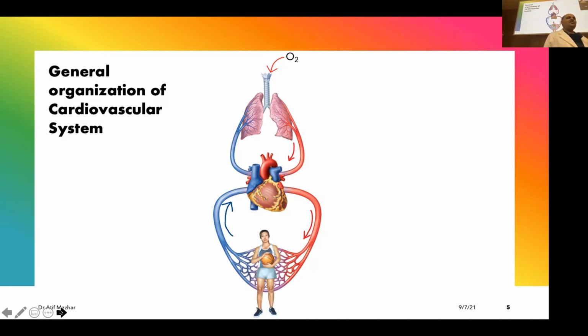And now when this carbon dioxide rich blood has reached the heart, the heart is pumping again and pushing this blood towards the lung, where the gaseous exchange occurs. As a result, carbon dioxide has been released out and replaced by oxygen. And this cycle continues. No matter if you're talking, sleeping, running, dancing, swimming, whatsoever, this is on. It never stops. So we have two circuits. One is the pulmonary and the other one is the systemic. Are we good so far?